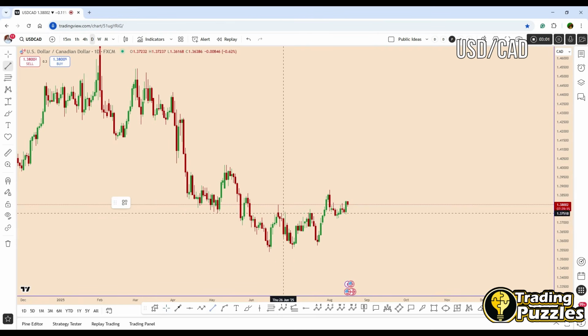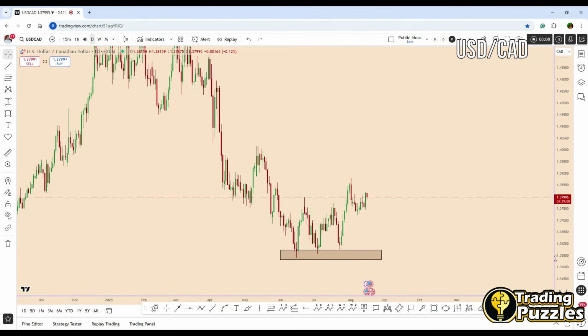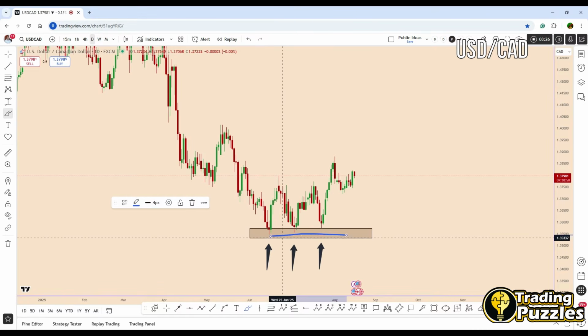Let me make this more visible. This is our support zone that was tested during the previous days. After this pattern is identified, we have one test of the pattern, second retest, third retest. It is not a must that the retest of this area should be perfect all the time. The price is moving down, but given that we have very strong bullish momentum